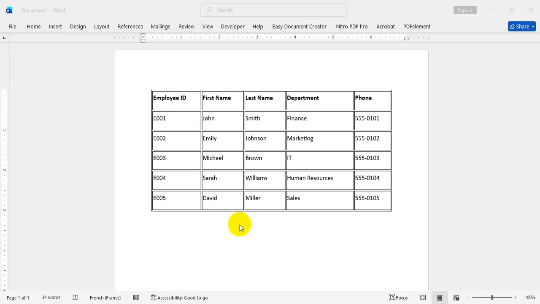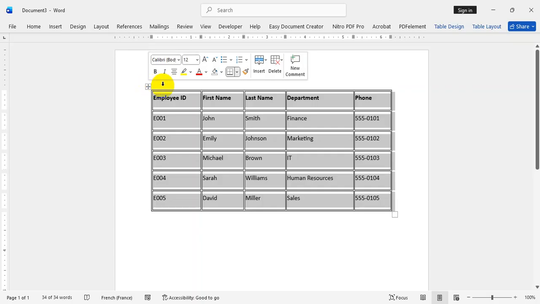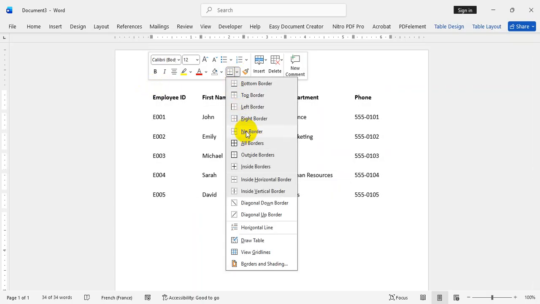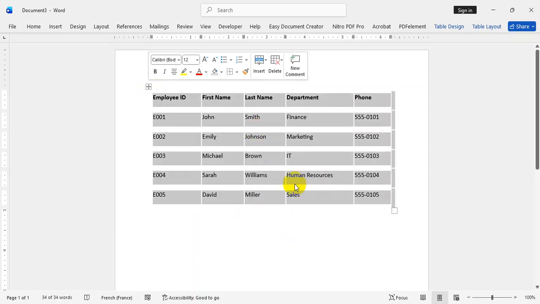Let's dive in. So first of all, select the table, click here, then go to borders and choose no borders. As you can see,